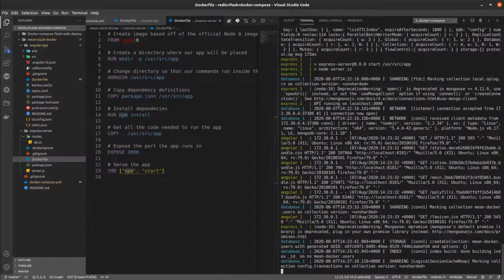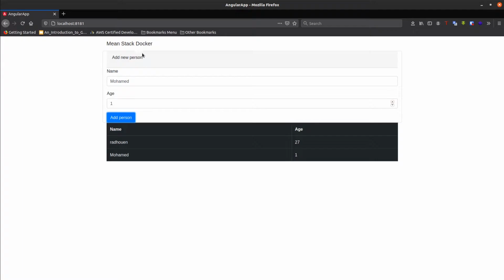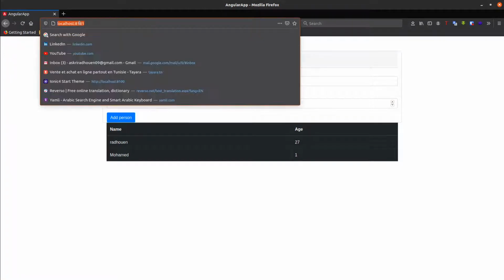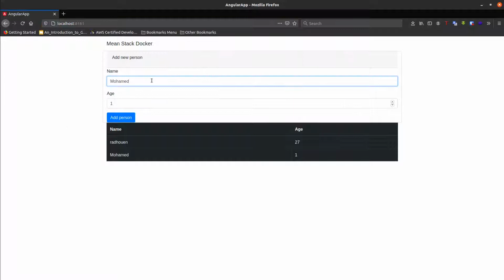Let's take a look here. This is my application, running on port 8181, and like here, for example, to add my user, I just add Muhammad ES, the age is 1, and